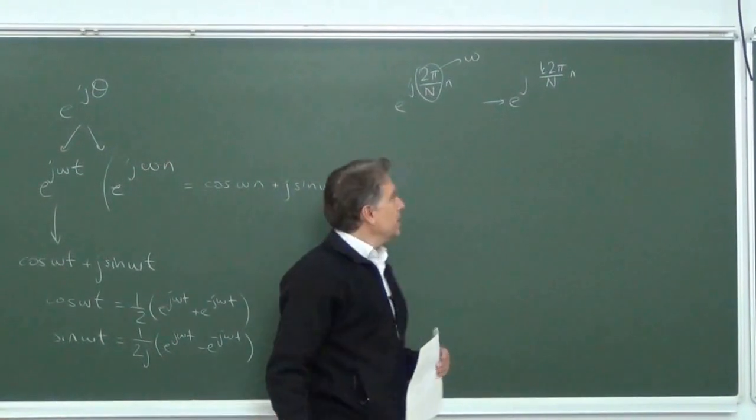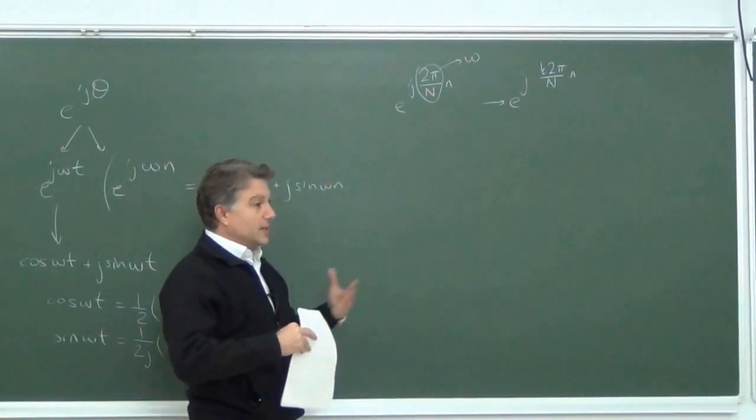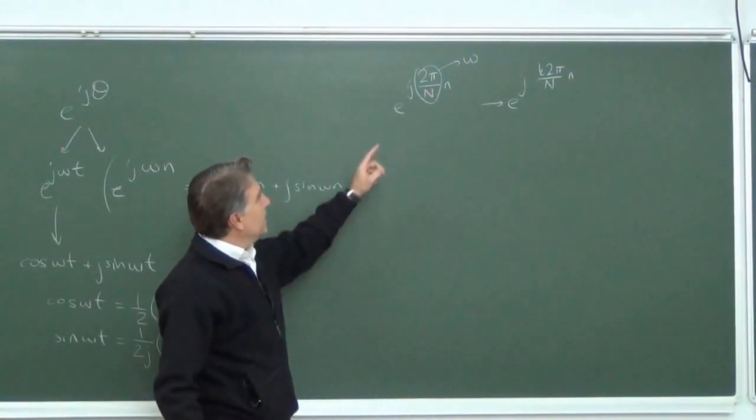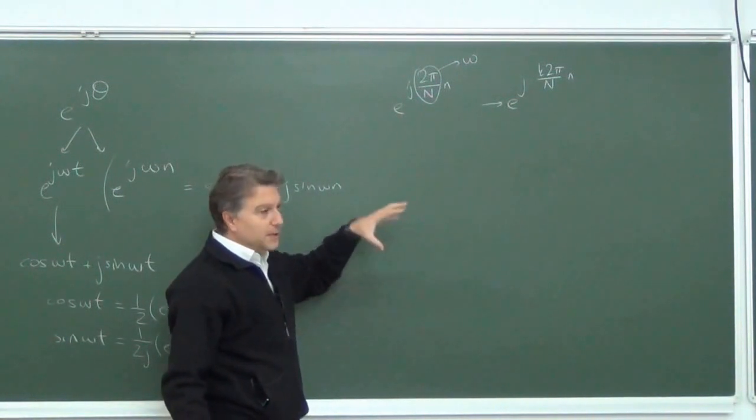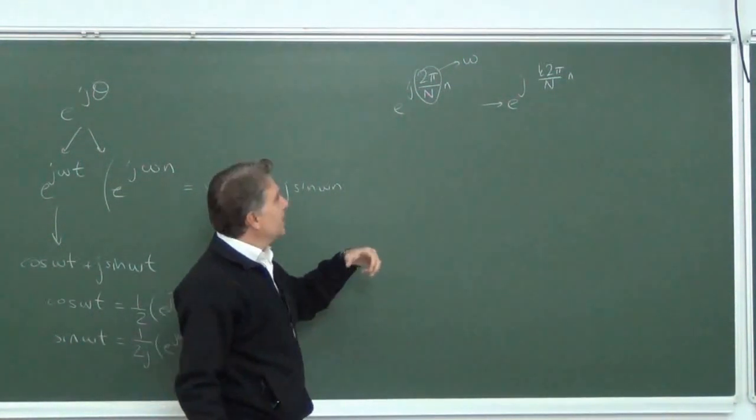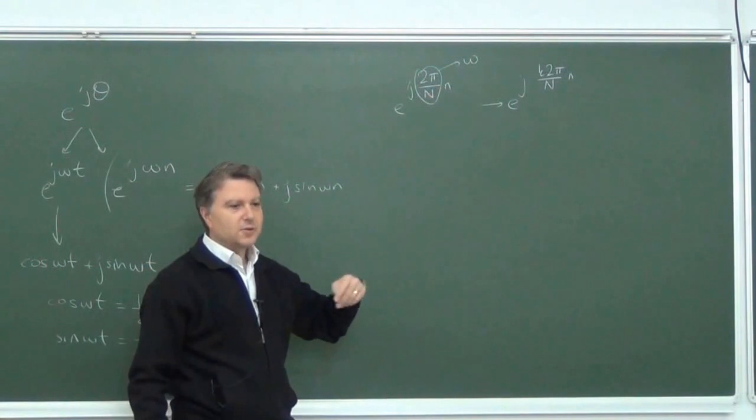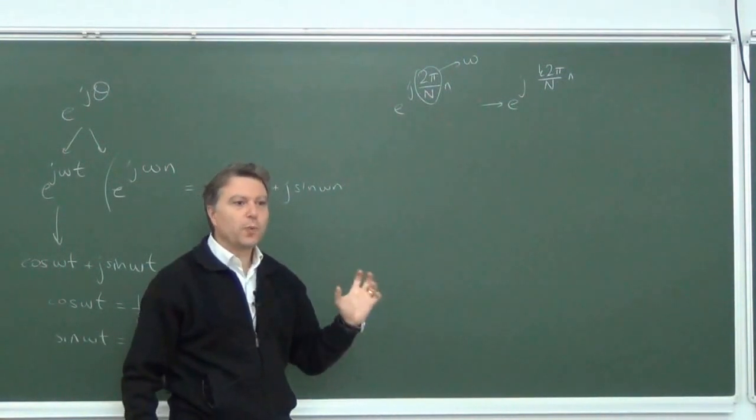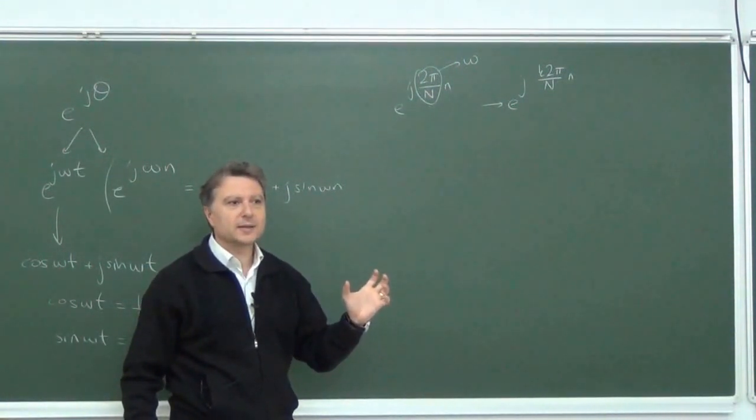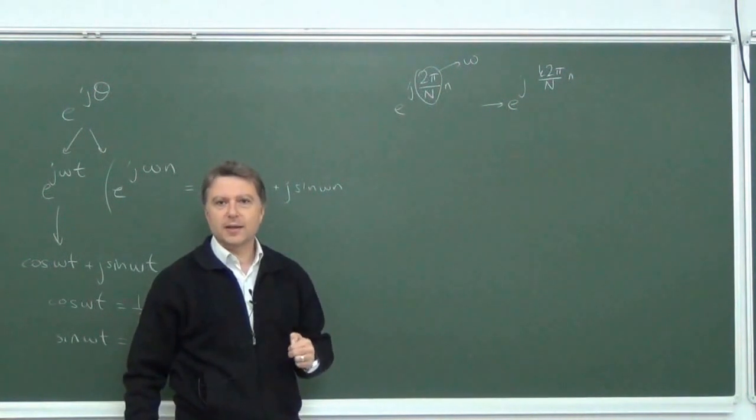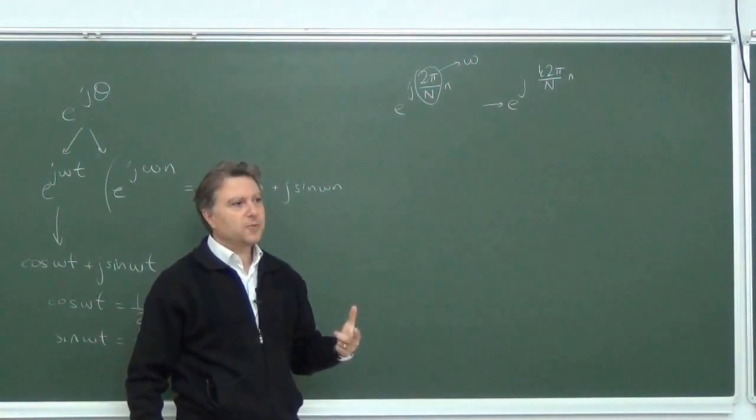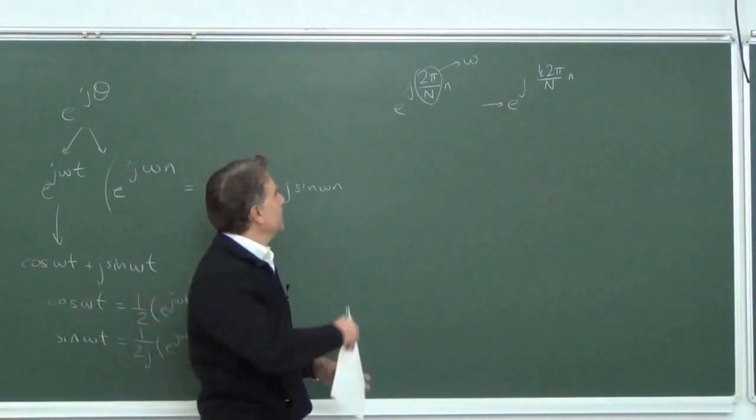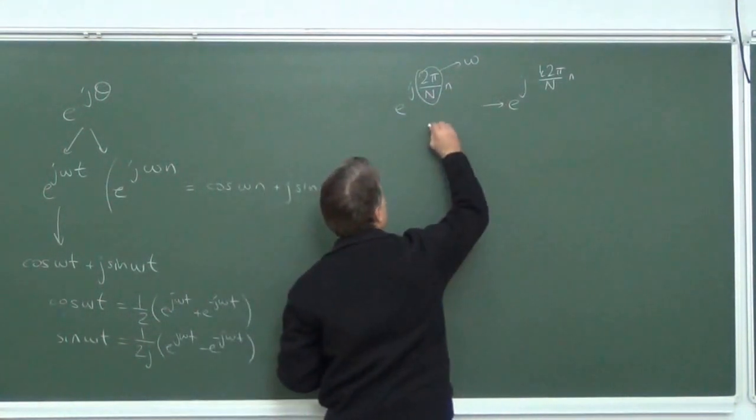So a discrete time complex exponential or a sinusoid is periodic if the frequency component is a rational multiple of 2 pi. There must be a 2 pi in it. If there is no 2 pi, then you can never come up with a periodic sequence. For example, so this is okay,